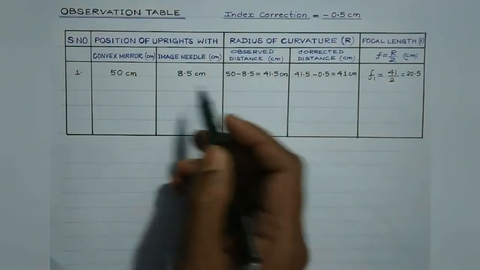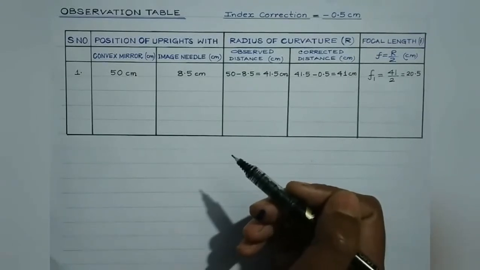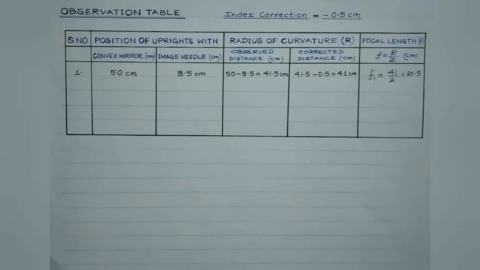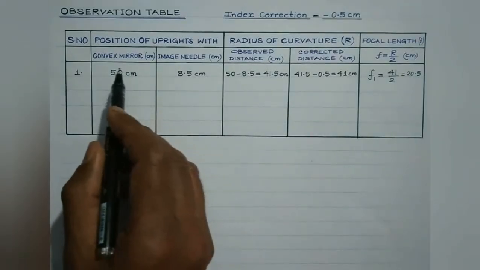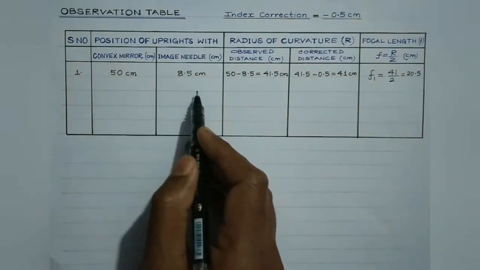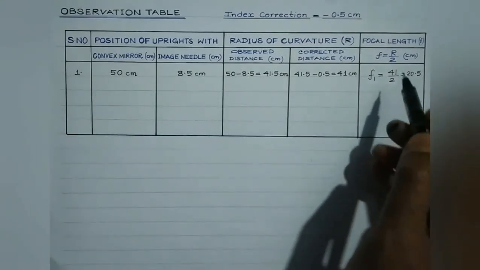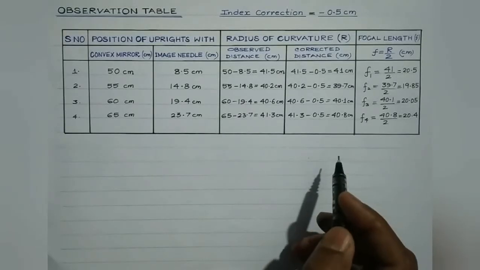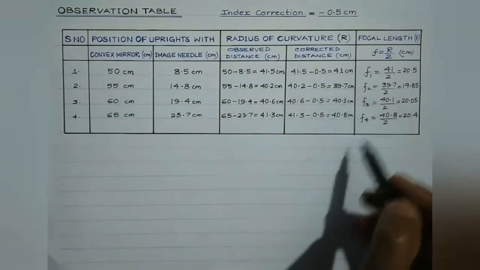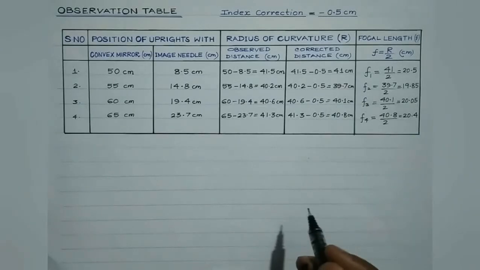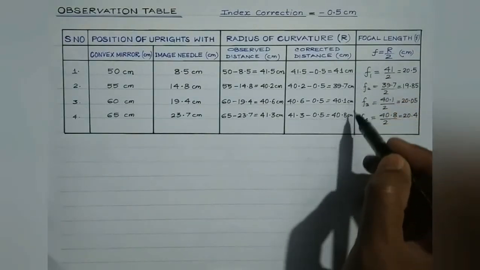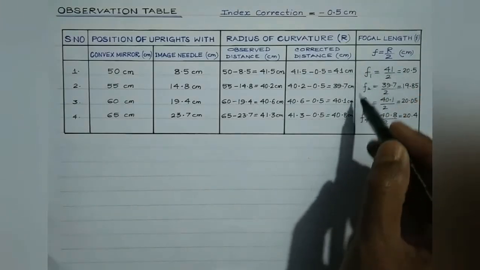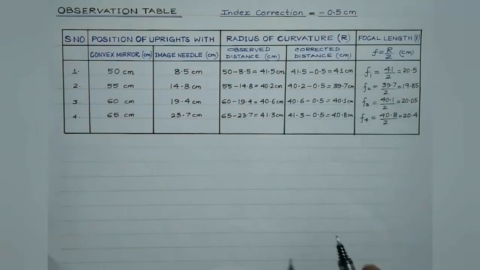Now similarly, students, by proceeding as was discussed in steps in the video, we need to repeat the experiment at least 4 times by changing the distance of the object needle from the convex lens by 1-2 centimeter in each observation, and then we can record the positions of the convex mirror and the image needle, and we can proceed in the similar manner so as to obtain the focal length in those observations. After recording all these 4 observations in this tabular form, we can determine the focal length of the convex mirror by finding the average or the arithmetic mean of all these observed values of the focal length, right?